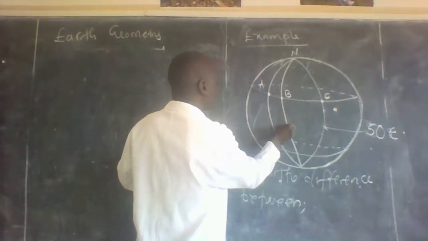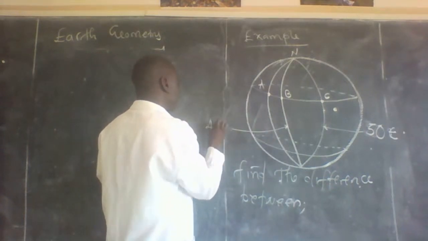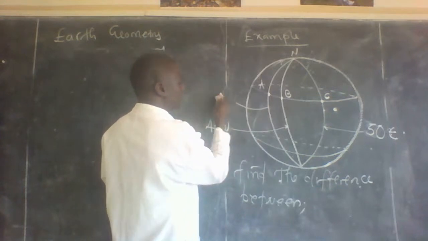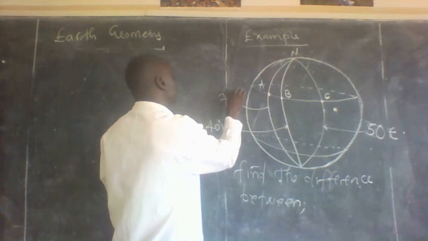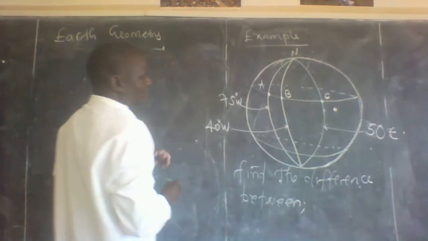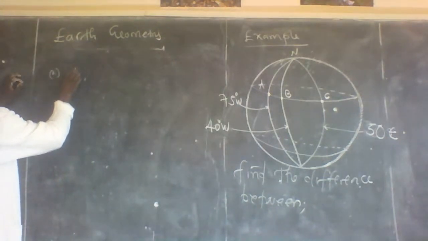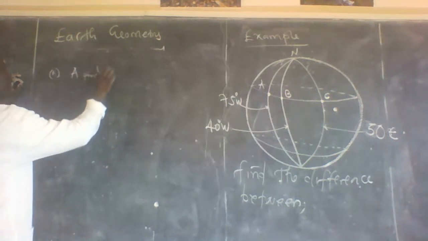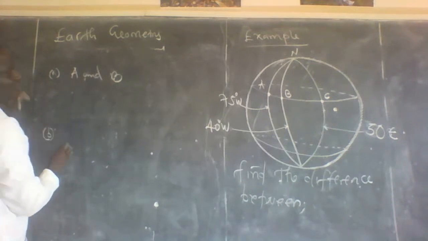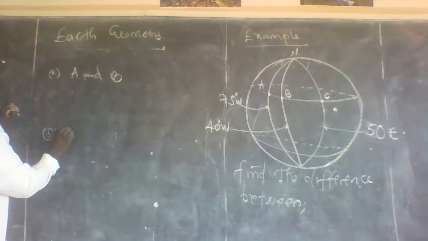The first one here is 40 degrees west. And the second one, because they are increasing, we can have 75 degrees west. So between point A and B, and then the other one will be between point B